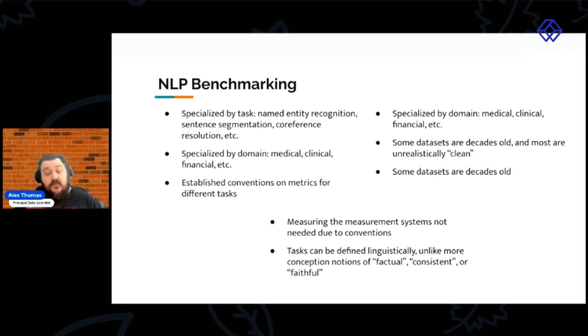Also, some of the data sets are really old, as in from the 70s or 80s, and most are very clean, in the sense that there's been a lot of pre-processing of the data. One of the worst things, as far as trying to test against natural data, is that some of these data sets come pre-tokenized, where there's extra spaces added in to make tokenization easier.